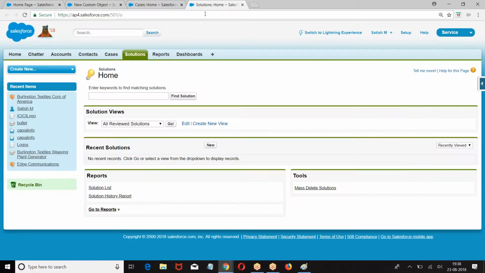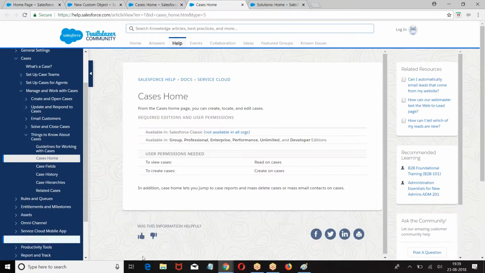There is a help link. When I click on this help, a document gets opened, which shows information about help, some information about this object.